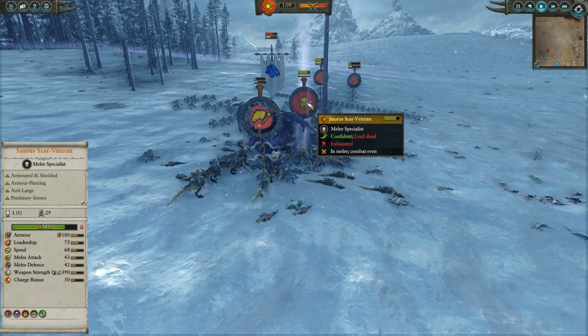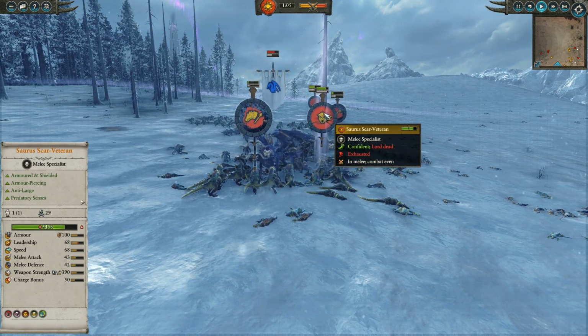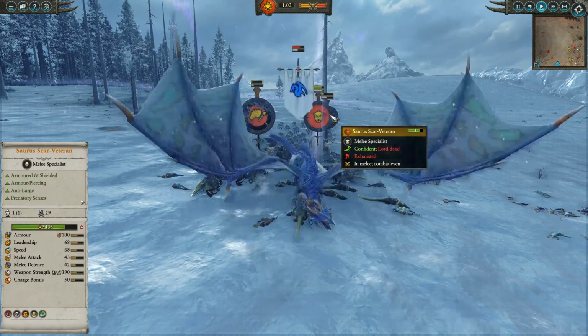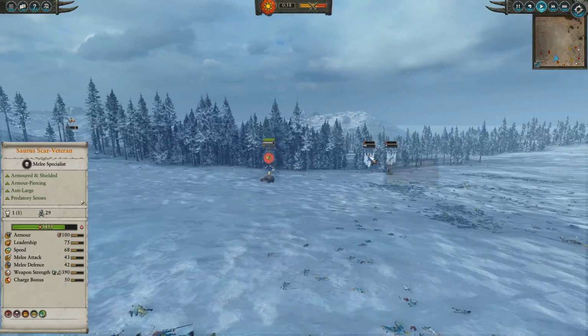Bit of a tongue twister. Try saying that one fast. But he's going to be engaging on the Star Dragon, and he has pretty much all of the tools you need. Plus, he also has self-healing, so even if he takes some damage, I can probably pull him out and regenerate. You can see the Star Dragon still taking some fire here, but Indy Pride does have some rallying troops